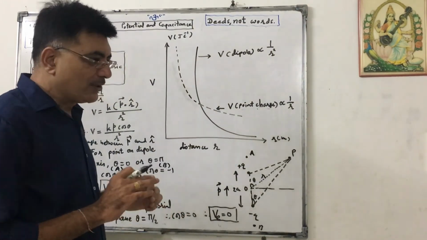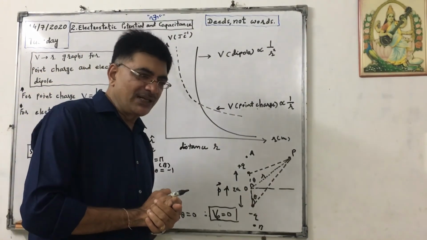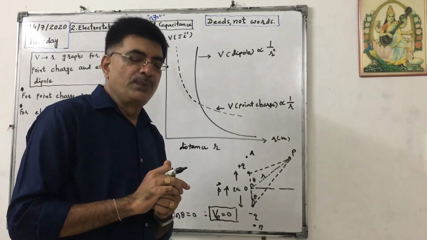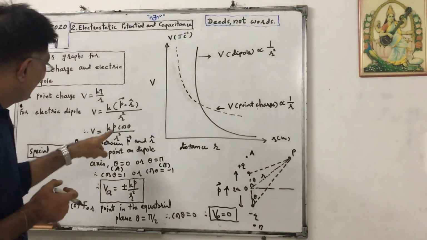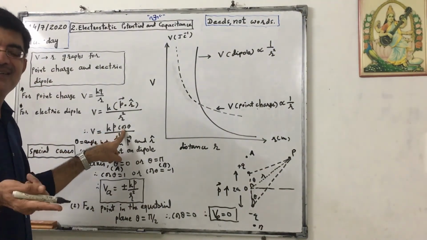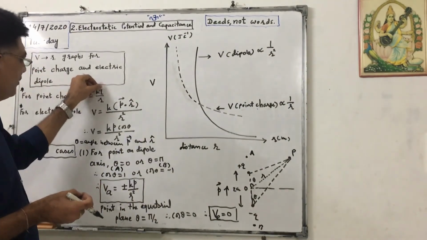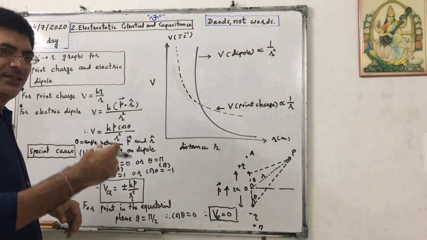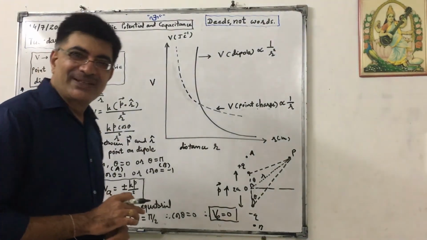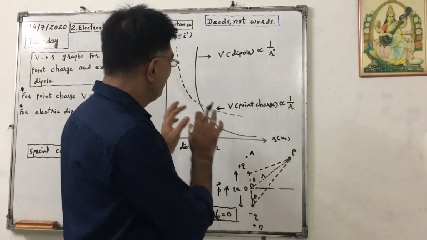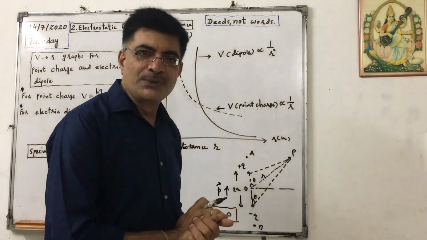We cannot put values here. Yesterday I explained some graphs by putting values. Why can we not put values here? Because theta is again a different factor. We can consider values for K, Q and R, and we can take different values for different points. But what about theta? So this graph is very easy to understand by itself without putting values.